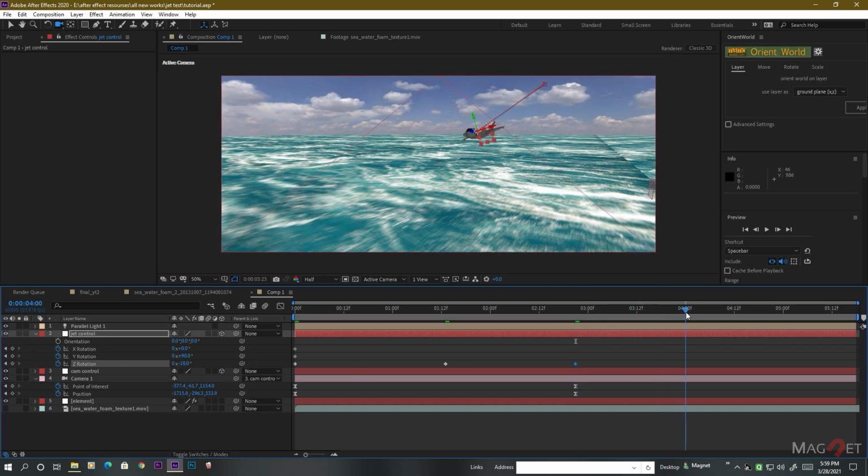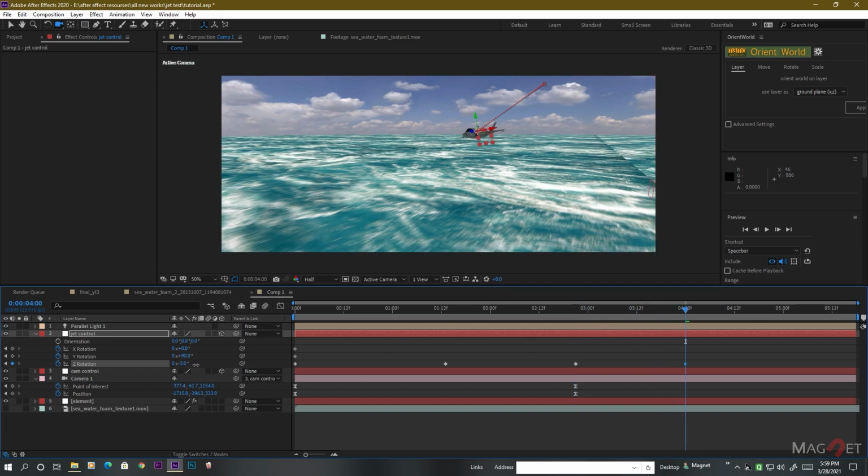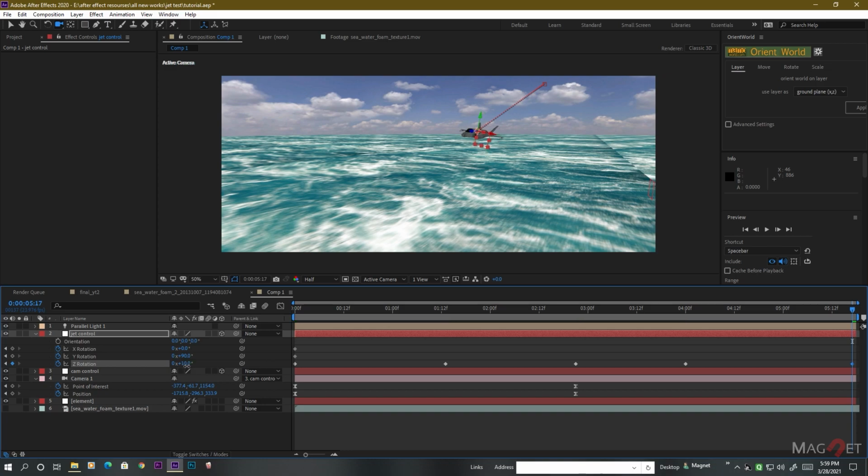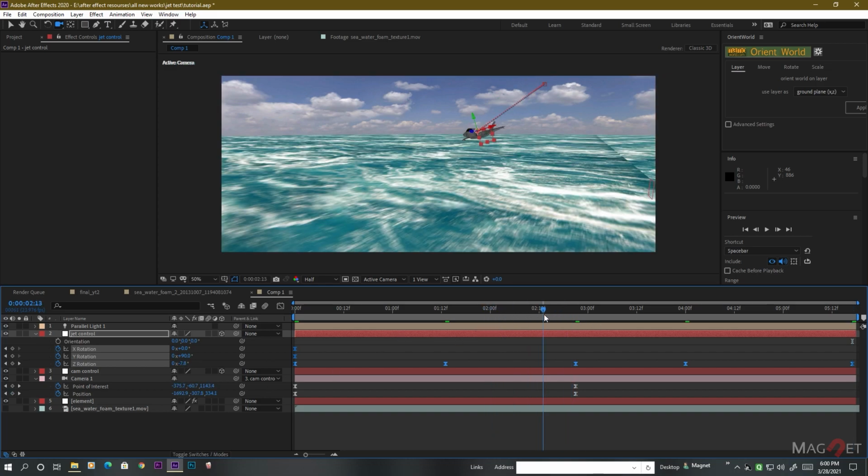And then go a few frames again and change the rotation as well. Okay, and make all those keyframes easy ease by pressing F9,